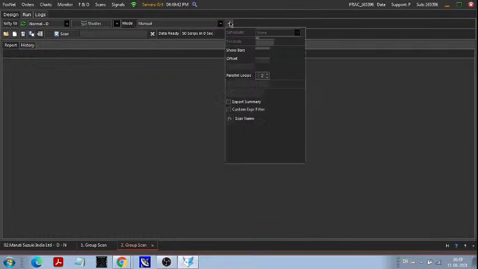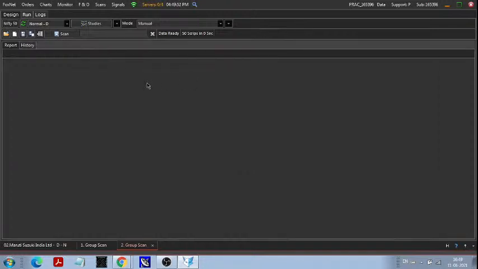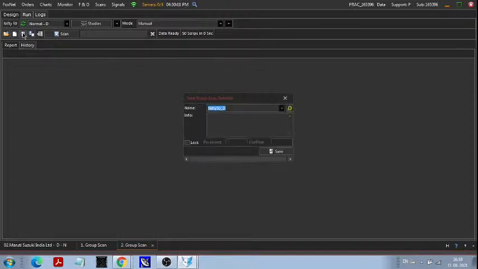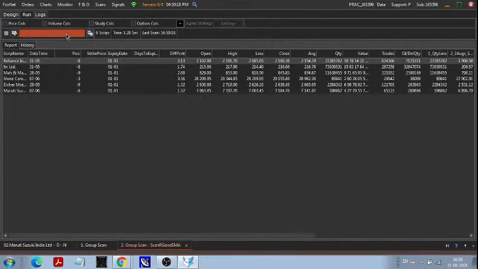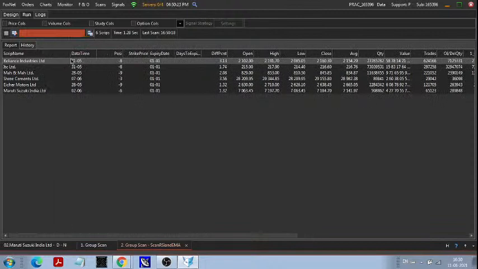This I think it is all clear on the mode option, manual and all. Okay. Now I will save this scan. To save the scan, at the right side of the new, there is an option to save. Just before the scan. This one. Save. Now I will give the name and click on save. Now I will click on scan. Now this scanner I have created, I have saved it. Next time I just have to load it and run it. No need to define the setting again.